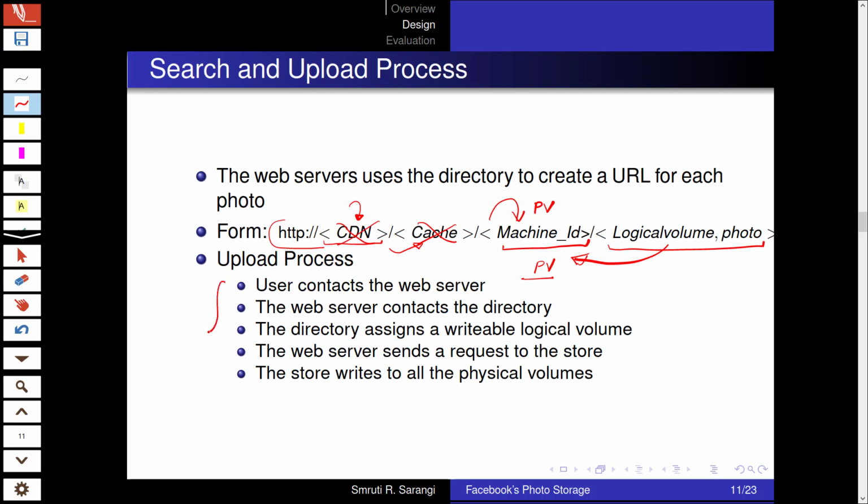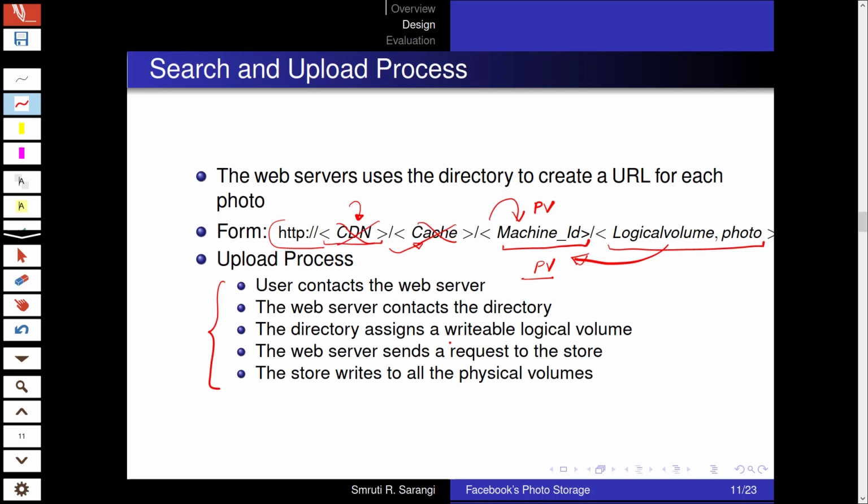So the upload process is kind of analogous, where the user contacts the web server, which contacts the haystack directory. In this case, since it's a new, fresh photo, the directory's job is to assign a writable logical volume.